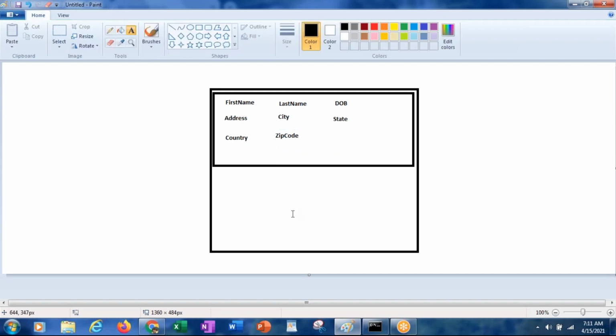Like that we have created one layout, and in the layout we placed some of the properties.